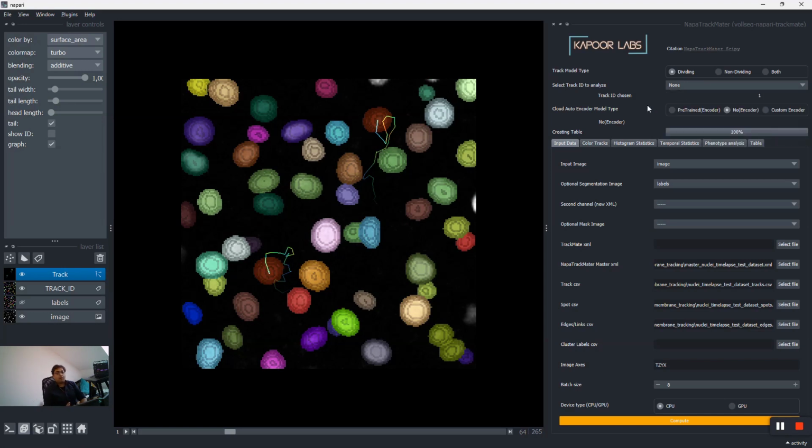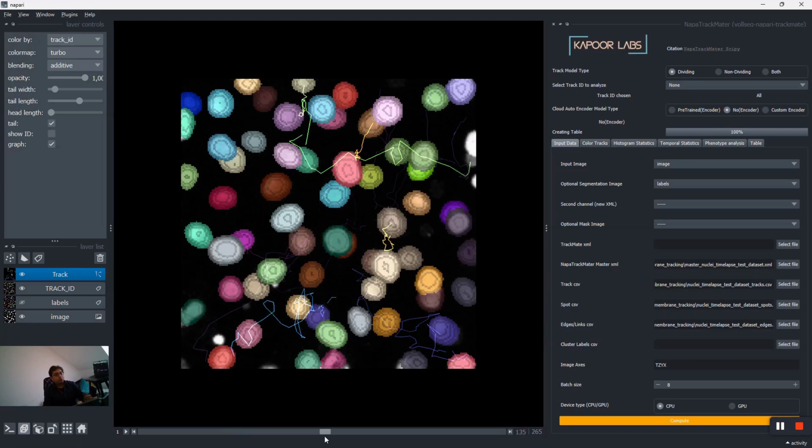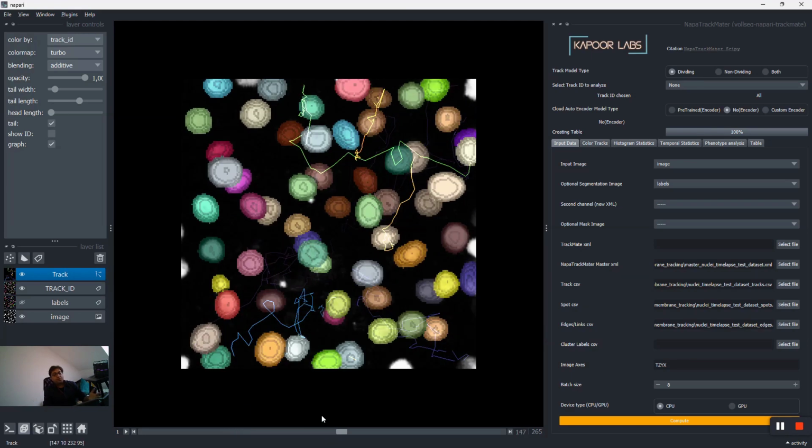All right, now comes the most important point. You have done some visualization here, right? You have seen the tracks, you can color them with different features and attributes. You can obtain the segmentation images, the labels with different TrackMate features. But the most important point of doing this is actually to get some physics out of it, or biological truths out of this. So once you have done this, you have created this master XML file, you can combine this master